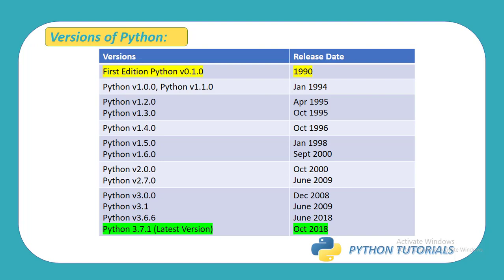But Python version 2, v2.0.0, was released in October 2000 and v2.7.0 was released in 2009. At the same time in 2009, Python v3.1 was released. The reason v2.7.0 and 3.1 were released at the same time is that they gave some patches and different features. Now, the latest version in 2018, 3.6.6, was released. And in October 2018, the latest version of Python, 3.7.1, was released. Now we are going to install the latest version 3.7.1 in our local